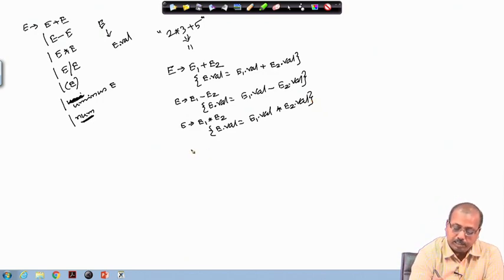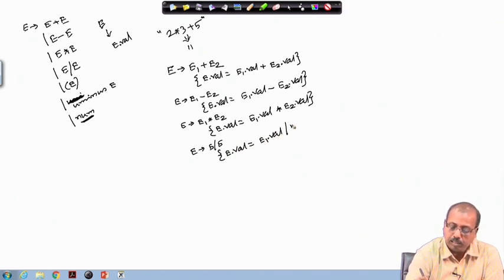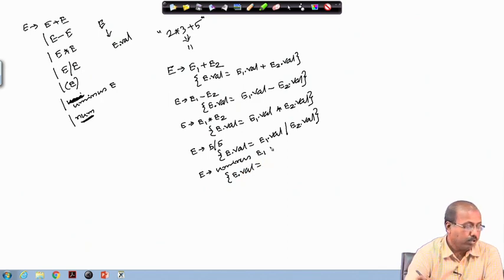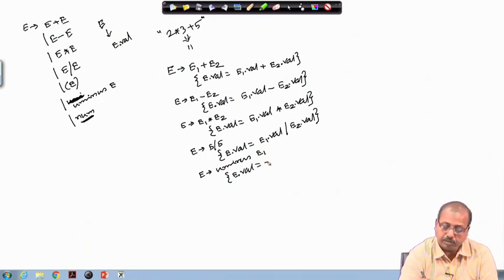Then E slash E, division: E dot val equal to E1 dot val divided by E2 dot val. Then unary minus E1. So, I can say that E dot val equal to minus of E1 dot val.